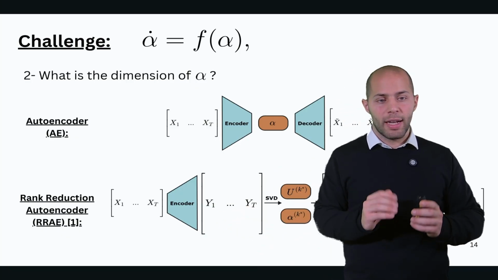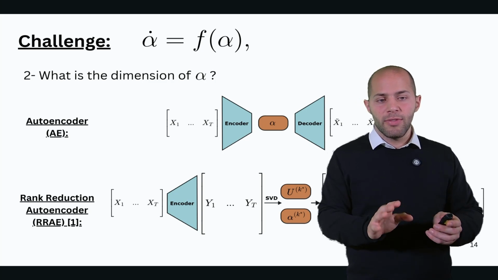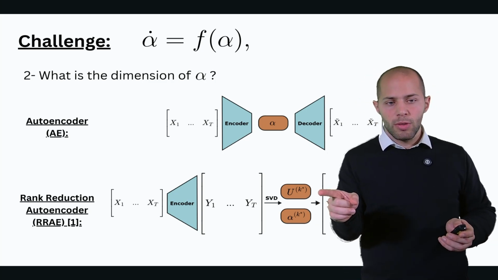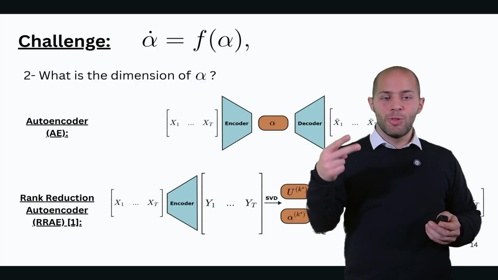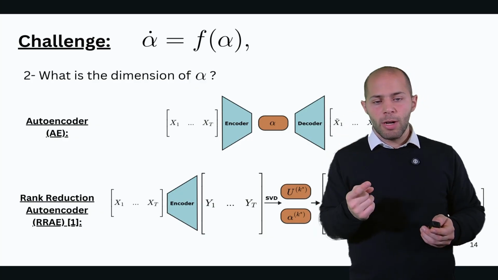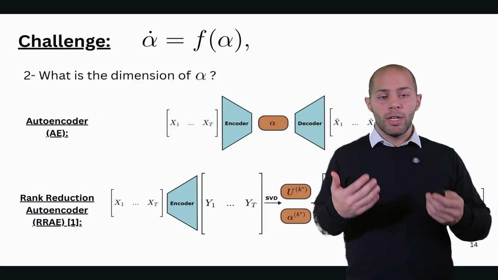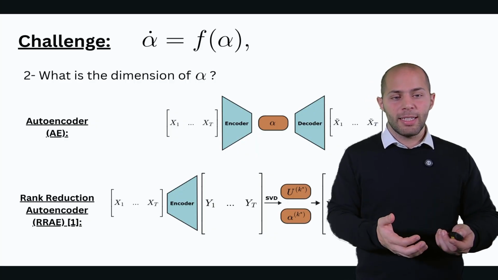Don't worry if you don't know what an SVD is. Basically, the SVD gives us two things: a basis that we call U, and coefficients that we call alpha. What's important about the SVD is two main properties. The first property is the truncated SVD, and the truncated SVD can find a